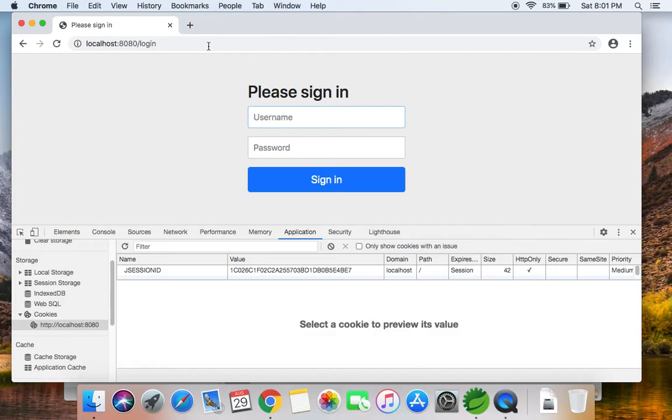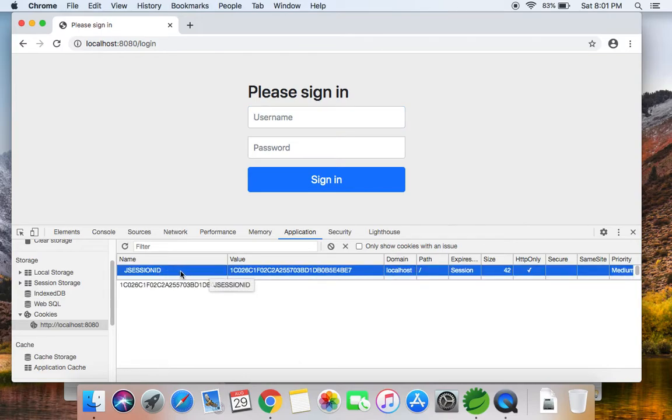If you don't already know what a cookie is or how a session works, I would recommend to go and do some googling. It's a very simple concept. Basically this cookie is nothing but a simple piece of data that is stored on your browser in your machine actually.